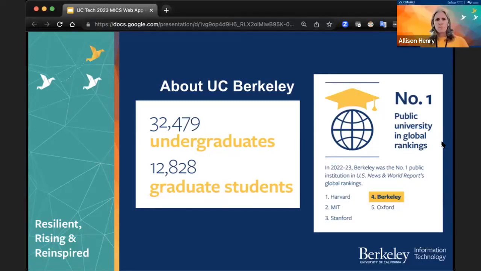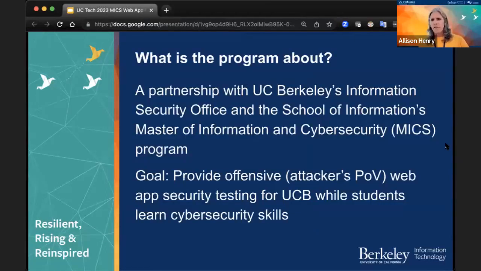Very proud of our reputation. We do a lot of world-class research, a lot of science in the public good is what Berkeley research is all about. So we're really happy to support that, and we do want to make sure our systems and data are safe. So I will hand it over to Sharon.